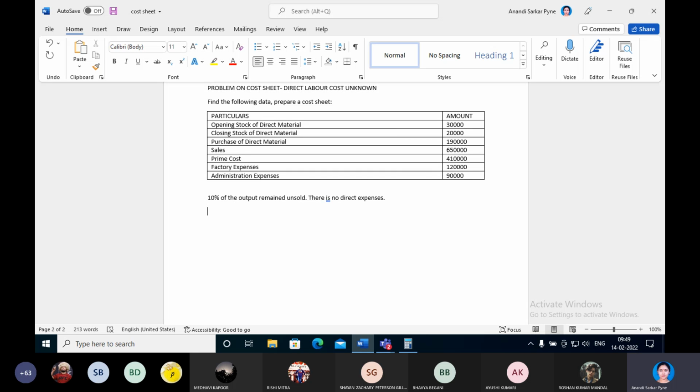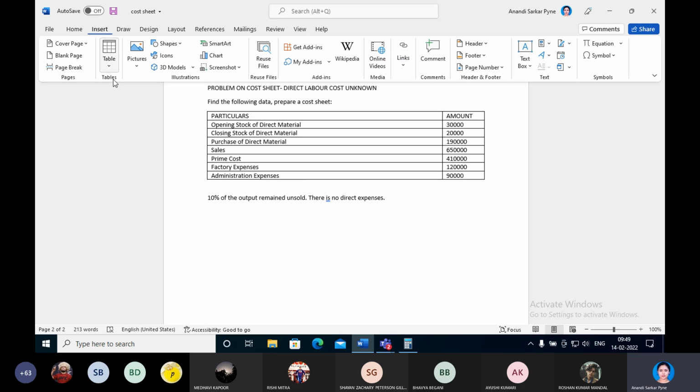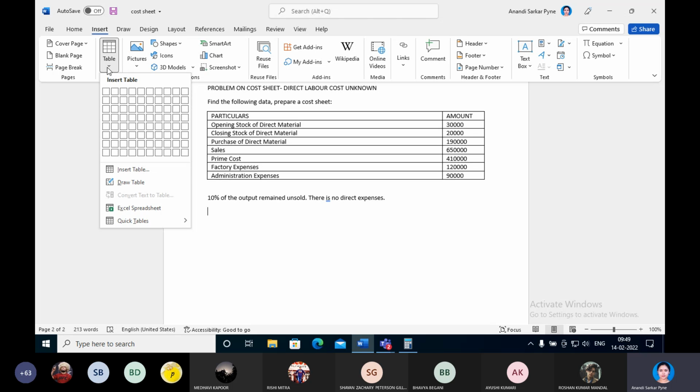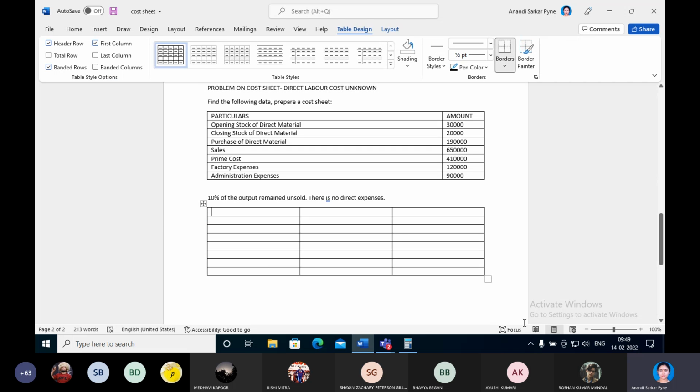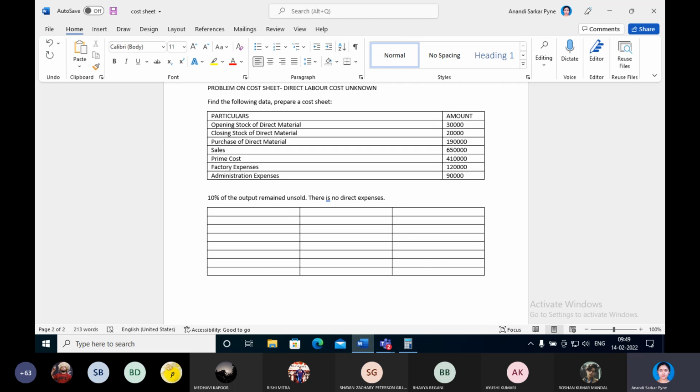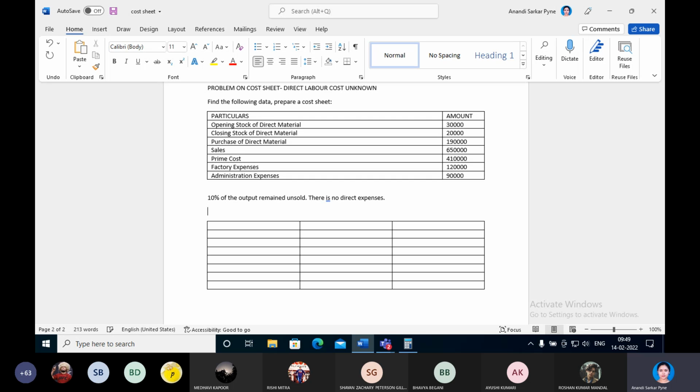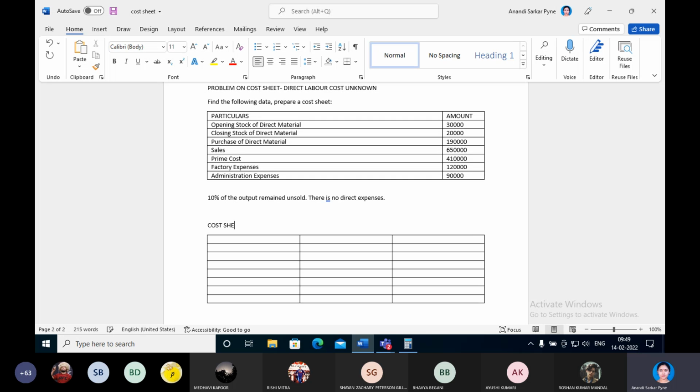The total cost of production, whatever it is, if 10% is unsold, that means unsold stock still remains, which is again a cost of the factory. So you will add it in the cost sheet because it's a cost you are adding. All the cost related issues you are adding. So the issues are three, that is raw material, labor and overhead cost. The concept will be more clear as we do the problem. So put a heading like this, cost sheet